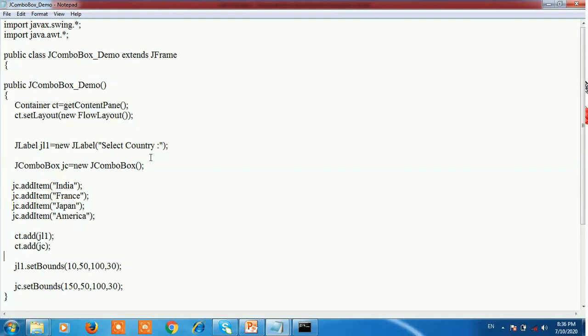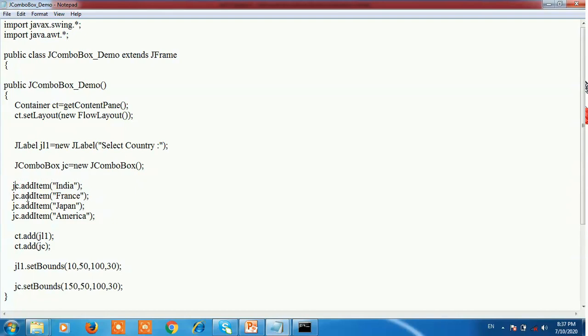Now using the add method, we add the items into the combo box. So here we use the object of the combo box, that is jc.addItem, and the item name is India. At the time of execution of this statement, the item India is added into the combo box.